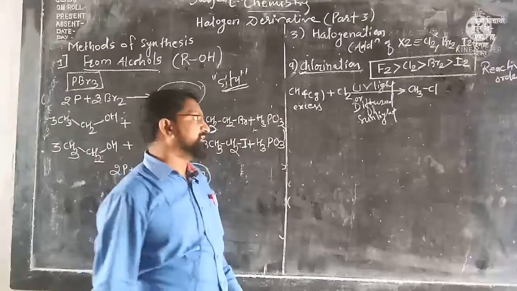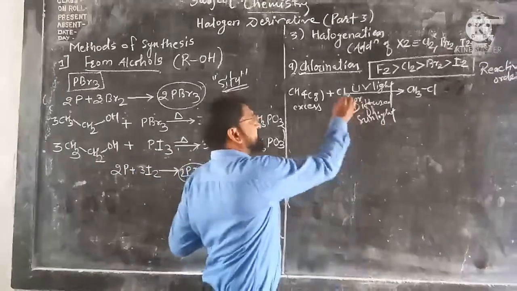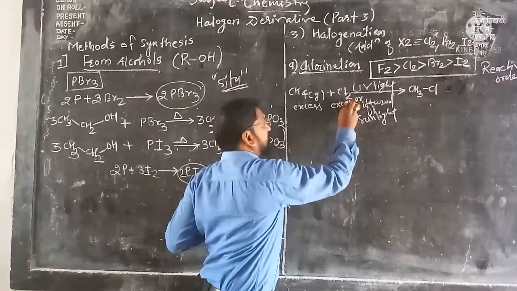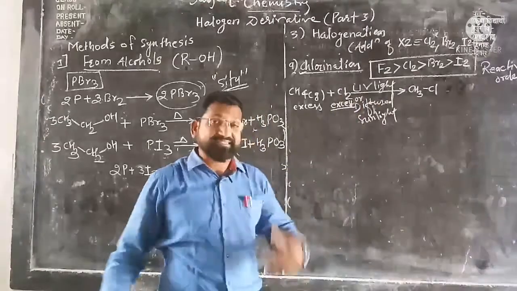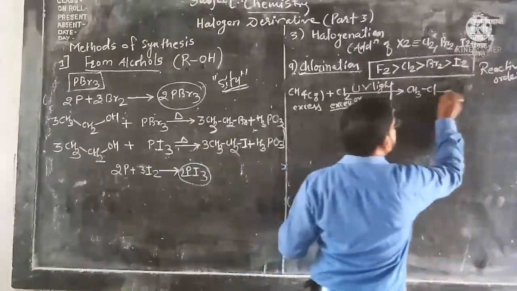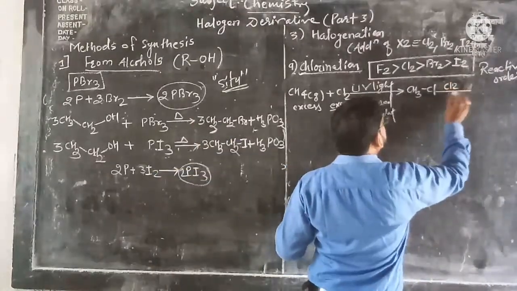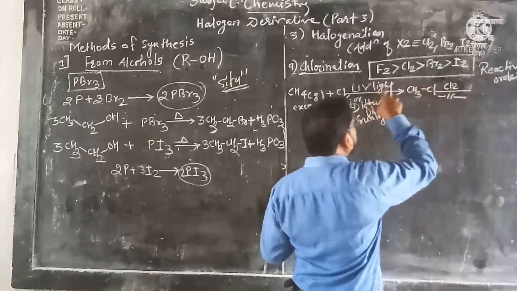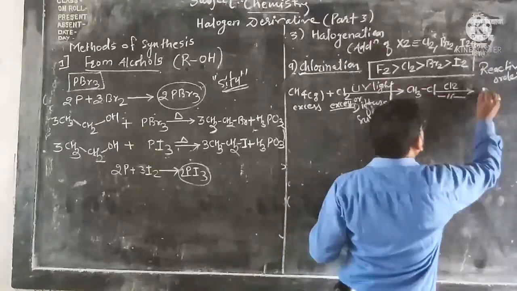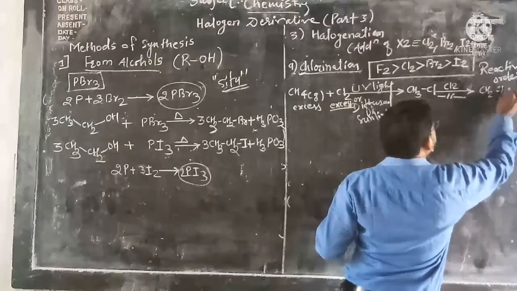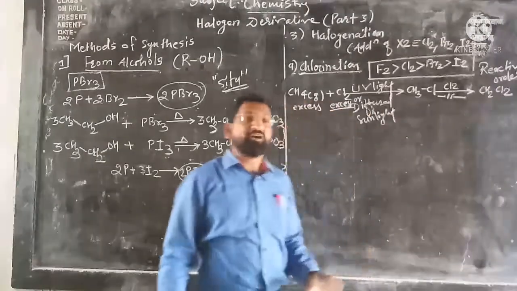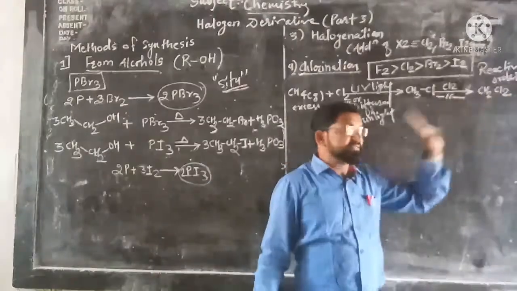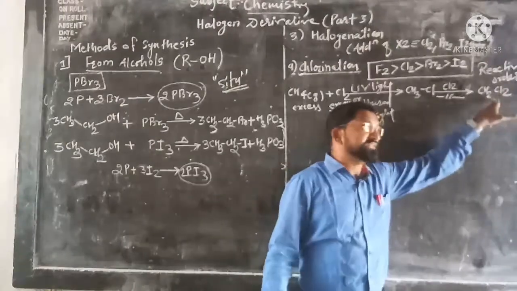Chloromethane or methyl chloride. Now if we take Cl2 in excess quantity, then under the same condition, meaning UV light or diffuse sunlight, you will get CH2Cl2, dichloromethane or methylene dichloride. See the nomenclature, dichloromethane or